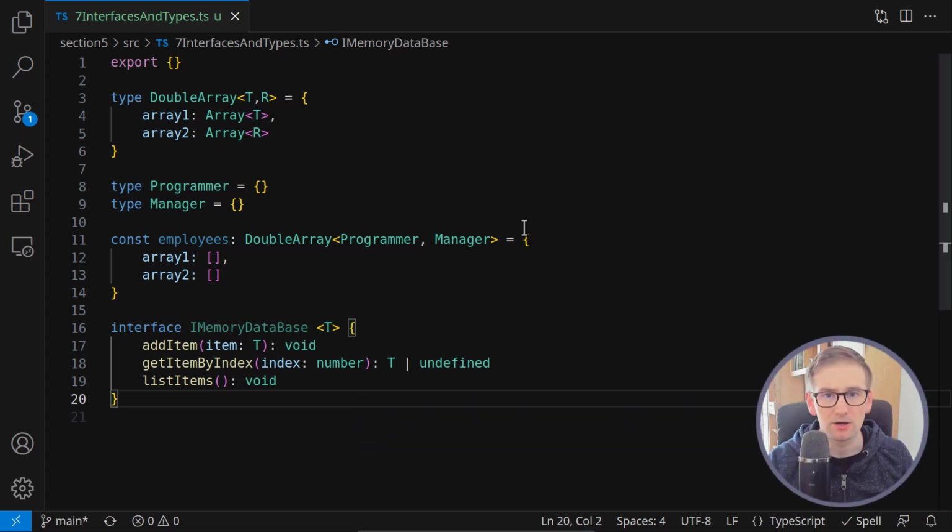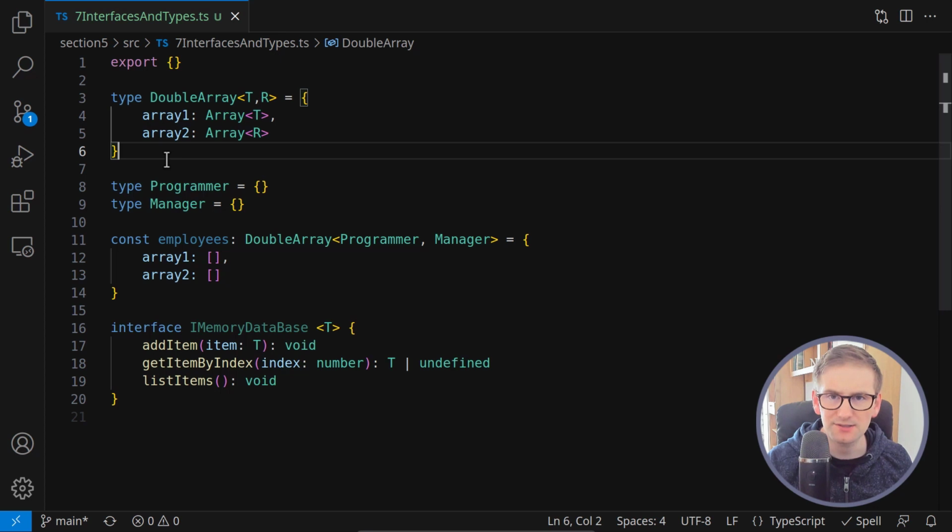In TypeScript we can also have generics for types and interfaces, and I guess that this is the most popular way in which we will use interfaces, mostly on building complex types. For example, here I have a very dumb type, a double array, which takes two generic arguments, a T and an R, and then declares other arrays with these T and R types. Well, very simple, and also again,